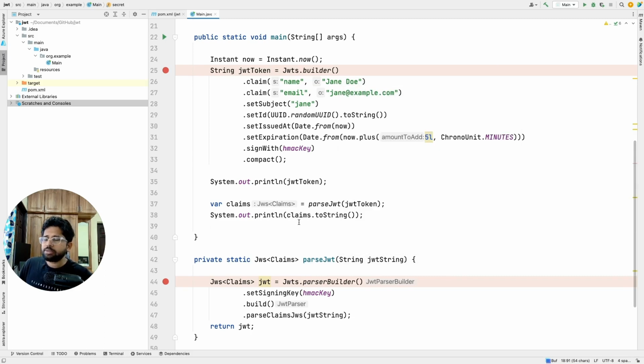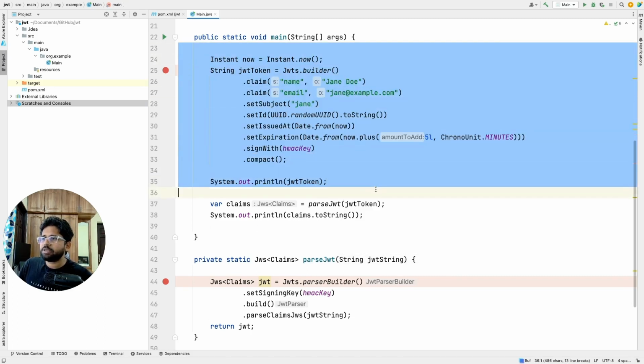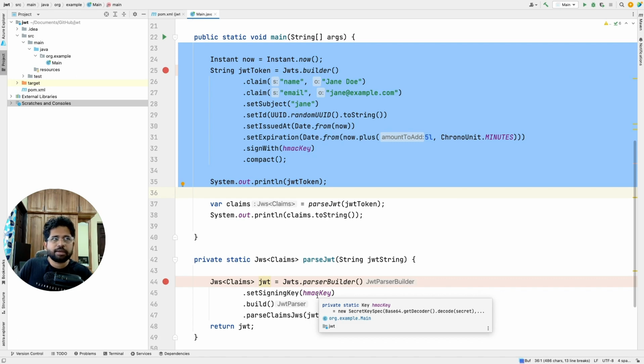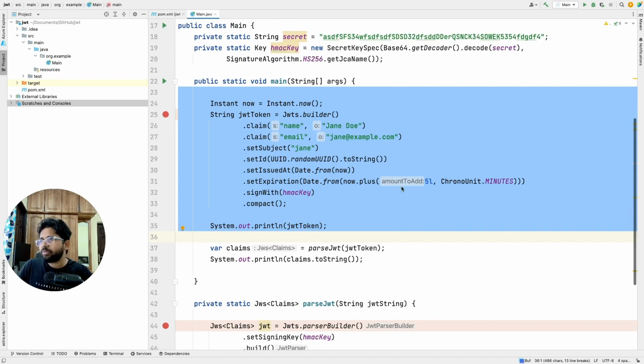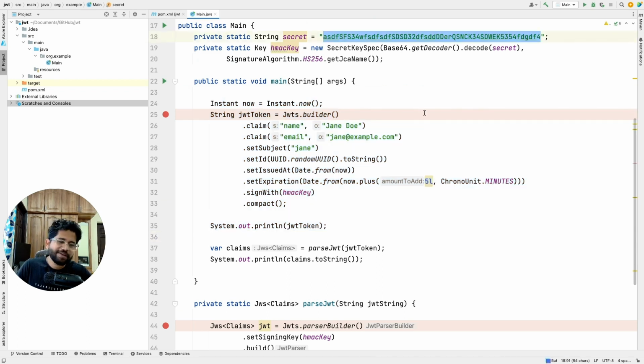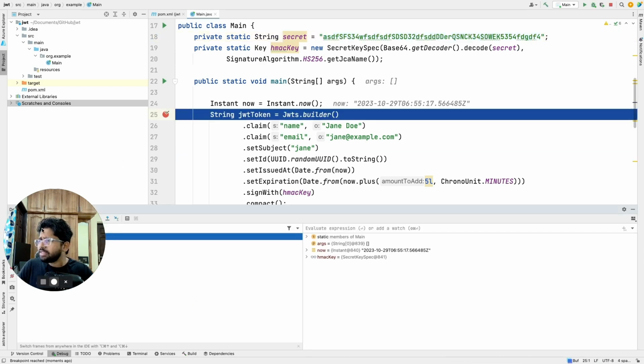So this is how things would work: whenever you give a response, you give a response with a token, and you can decrypt it with the same key. In fact, there are other approaches as well, like asymmetric key encryption and decryption. I'm not going to talk about it again, but if you have this secret safe with you and nobody knows about it, then you will be mostly fine. So let's run it, I just want to show you a bit about it, and then we'll close this video.